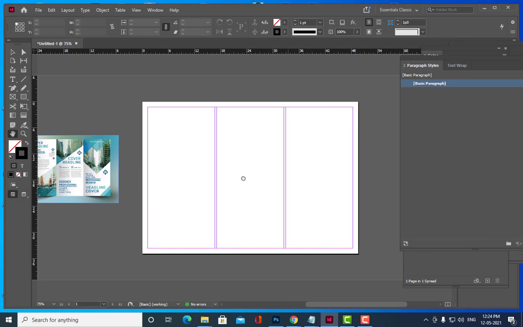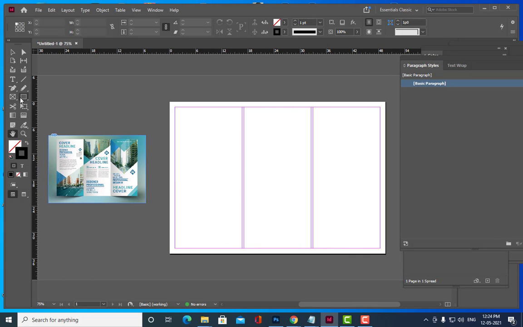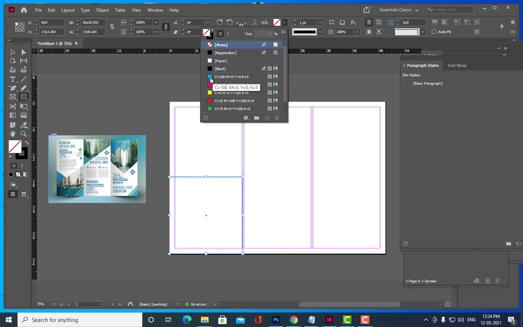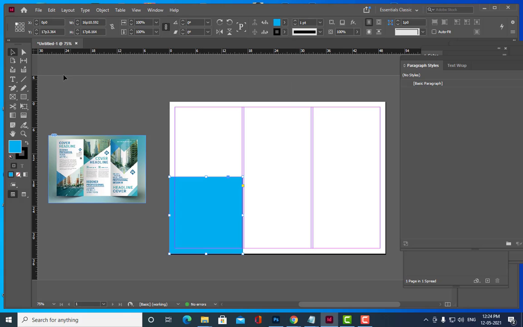We will try to put the images. So how can we put the images? See, we can use this rectangle tool here. So I am just going to draw a rectangle here, and we will keep it till here. We'll keep the rectangle here, and you can give some color to this. And then you can use this option. What is this? Direct selection tool.